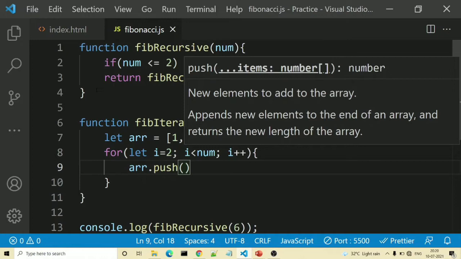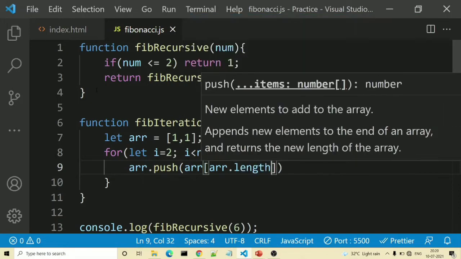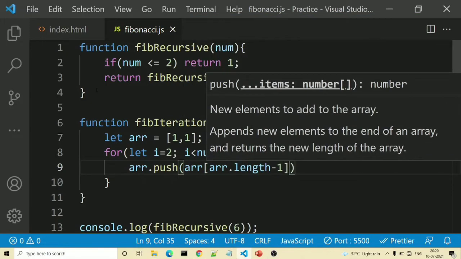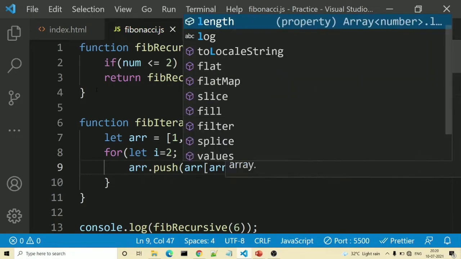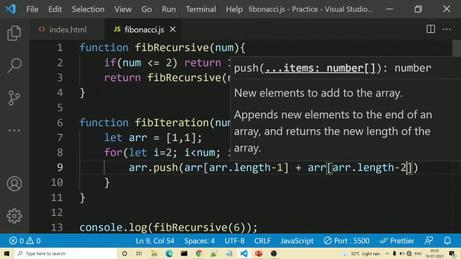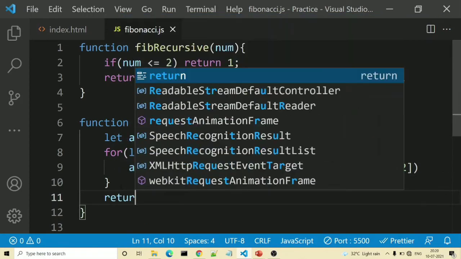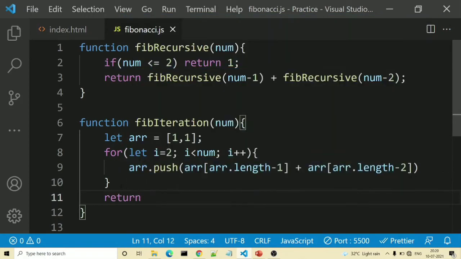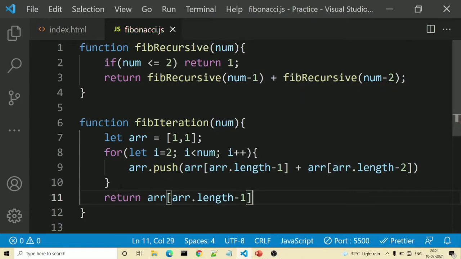Here we will push the sum of last two numbers. So it will be ARR of ARR dot length minus 1 plus ARR of ARR dot length minus 2. And at the end we will simply return the last value, ARR of ARR dot length minus 1.